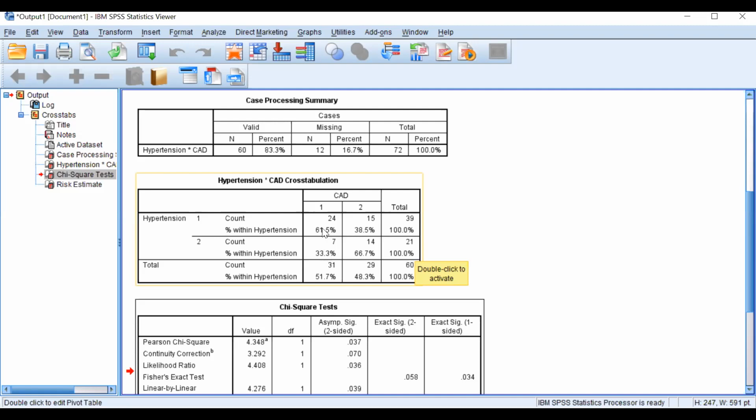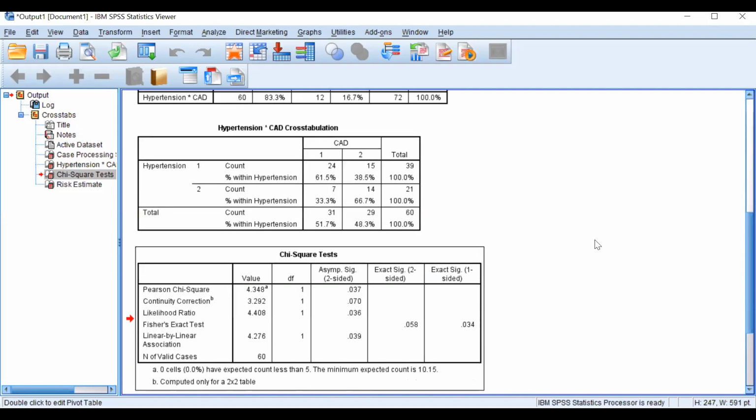In chi-square, we are testing for the association, whether there's an association between hypertension and CAD. First you have to check the percentages. The percentage of CAD was more among the hypertensive as compared to those who did not have hypertension. 61 versus 33 is a huge difference in percentage.